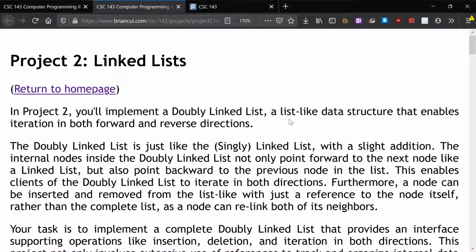In Project 2, we're going to be implementing a doubly linked list. A doubly linked list is much like a singly linked list with an addition to every node, such that each node is now going to point back to its predecessor node in addition to its existing reference to its successor node. Another way of looking at that is that every node is now aware of both its left and right